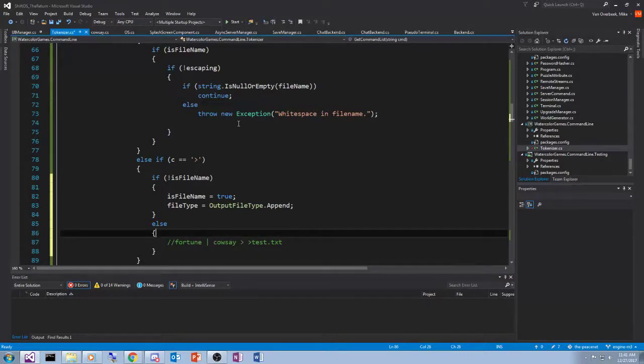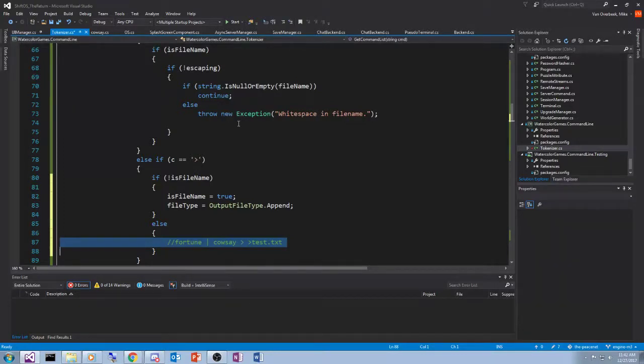So there's got to be a way for us to peek at the next character, or the previous character actually, and see if the previous character in the string is, in fact, a pointy brace, then